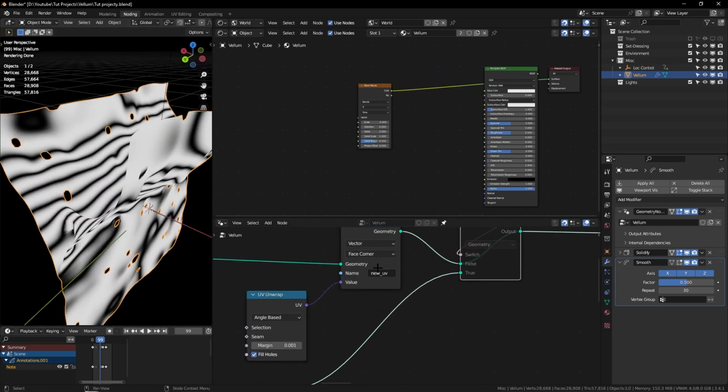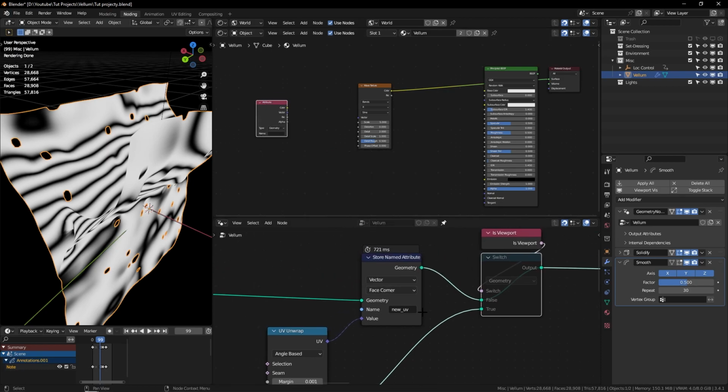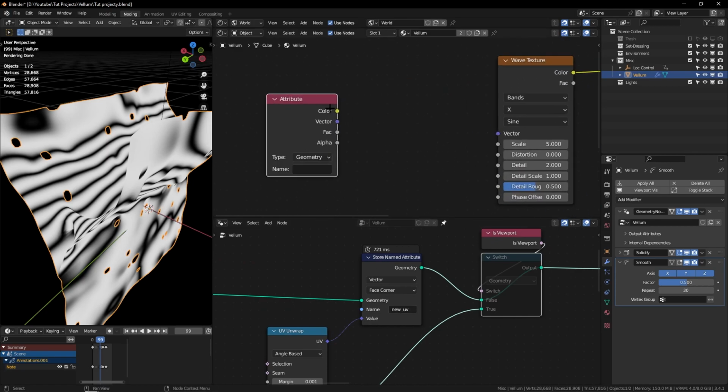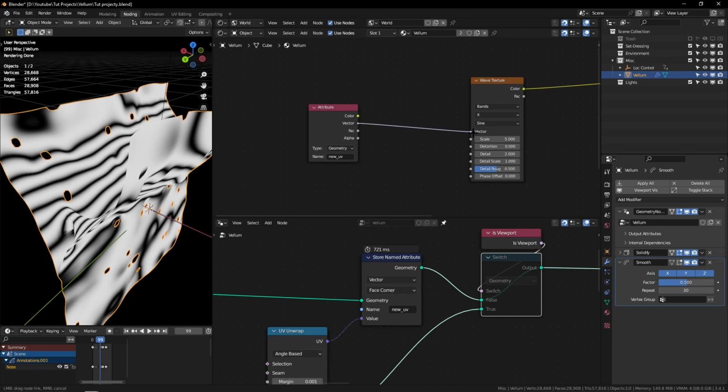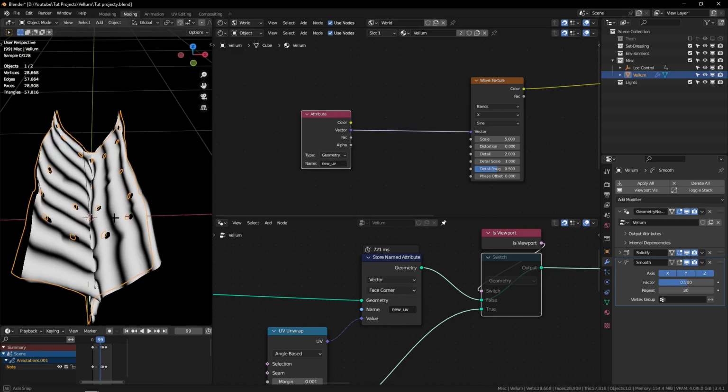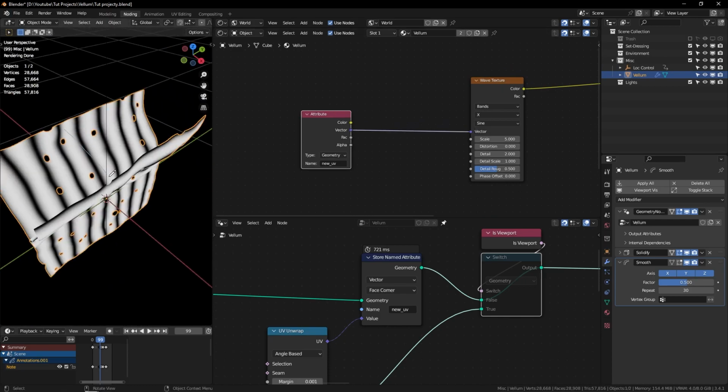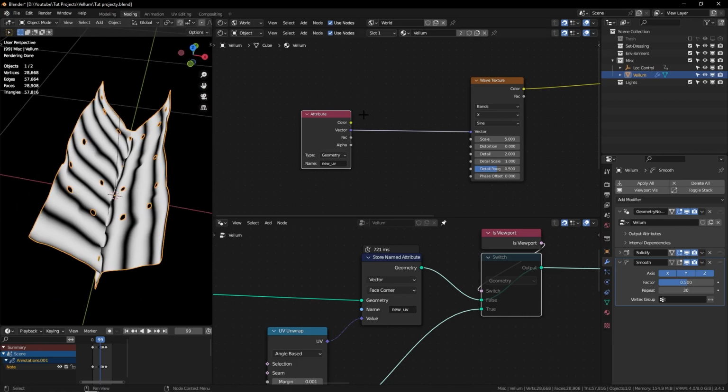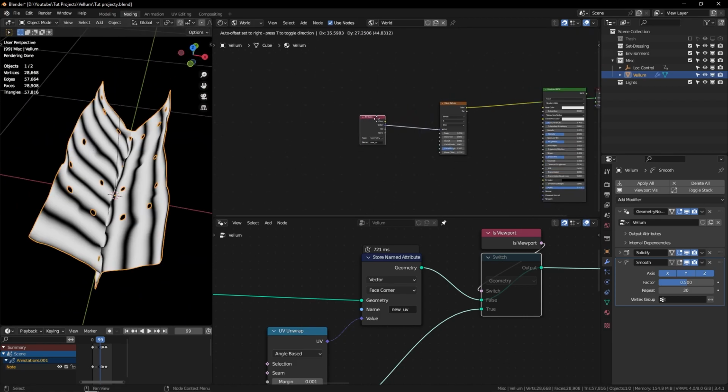And that's because we can't write directly to the UV properties in geometry nodes. So what we have to do is take an attribute. And since we stored this named attribute, we can just call this attribute in our shader editor. The same thing, new UV, plug this vector into the vector for the wave texture, and now you can see everything is correct. However, they're kind of rotated, which would matter somewhere else, but